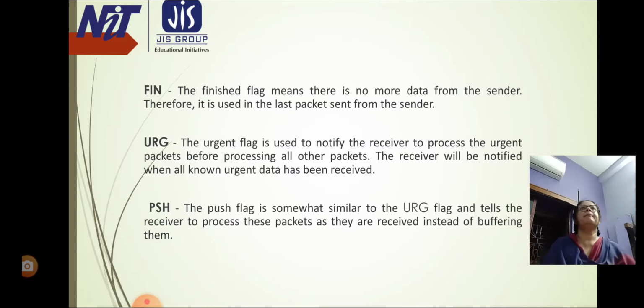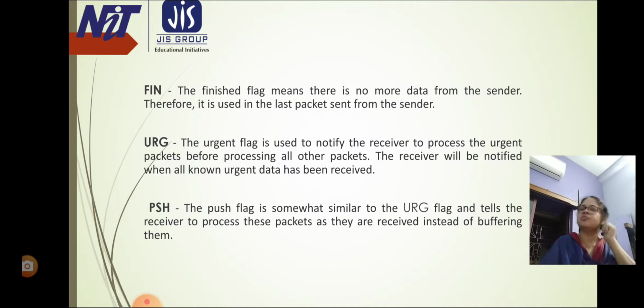PSH, or push flag. The transport layer by default waits for some time for the application layer to send enough data equal to the maximum segment size, so that the number of packets transmitted on the network is minimized, which is not desirable for some applications like interactive applications or chatting.